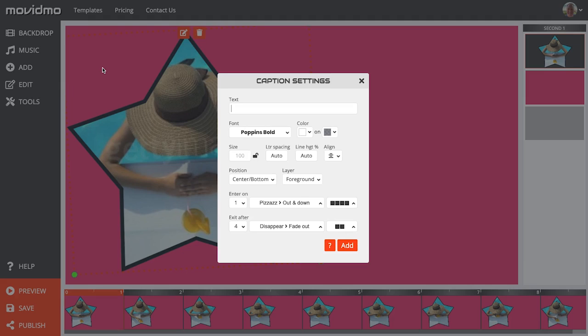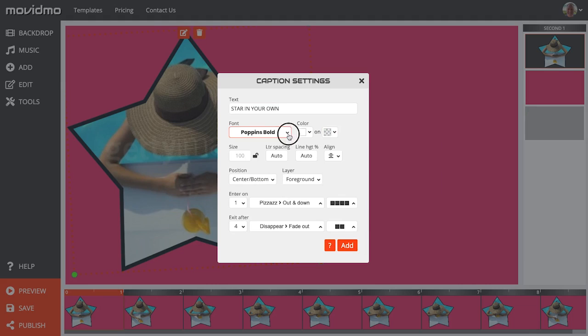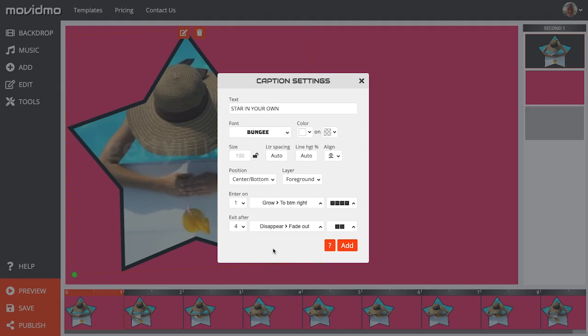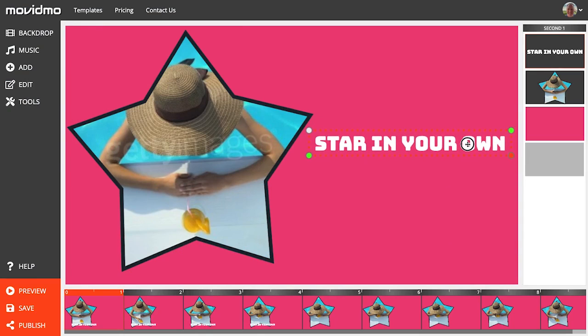And then we'll add some captions. Choose our colors. In this case, we're just going to use white with no background color and the bungee font. And then we'll choose an interesting, we'll grow to bottom right here for the effect. Get this to the size we want, drag it over to the proper location,